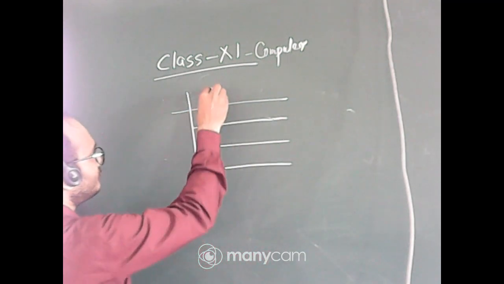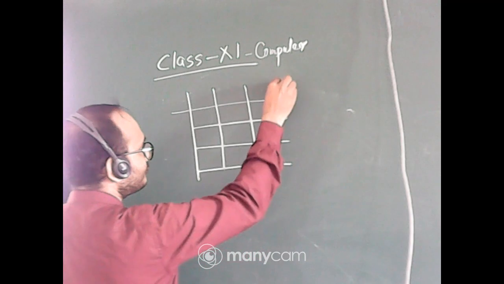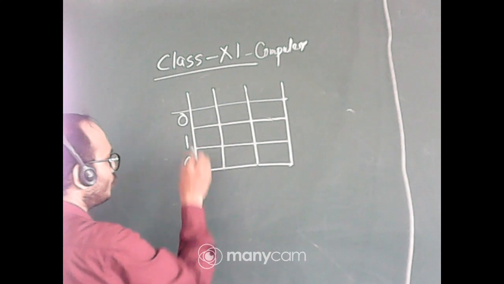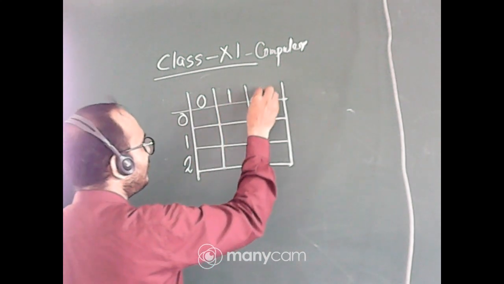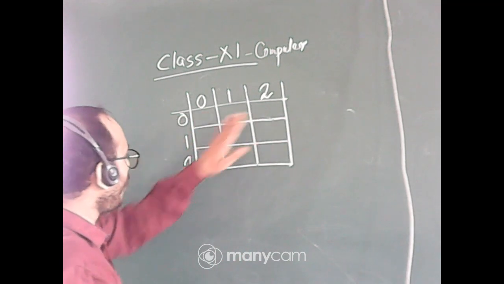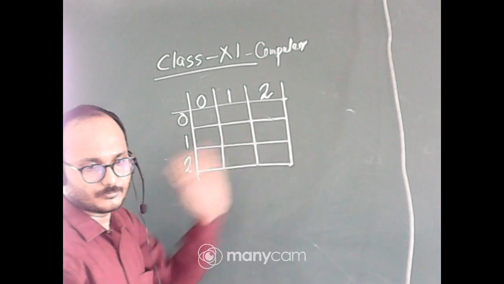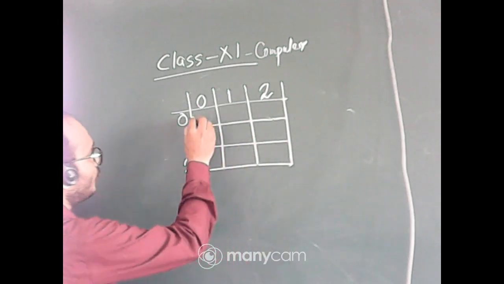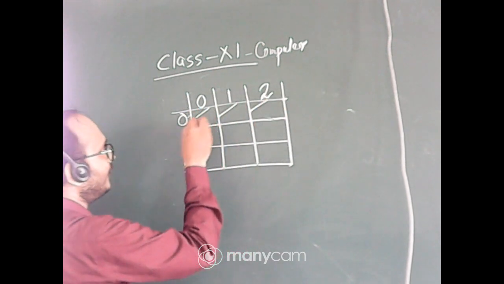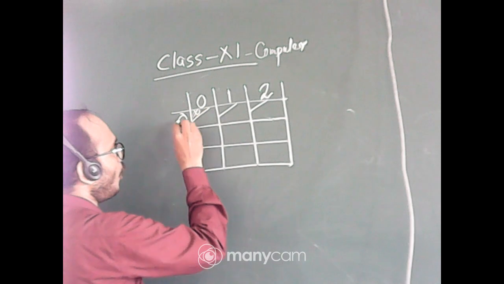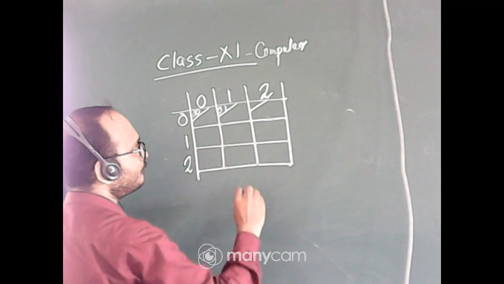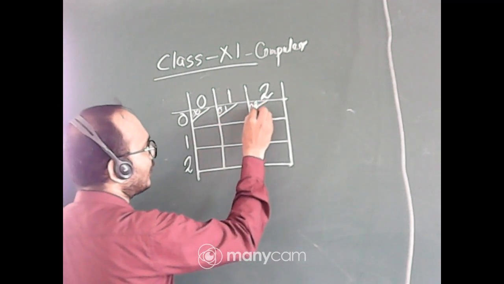Okay, so suppose 3 rows are there and 3 columns. This is the first row: 0, 1 and 2, and this is column 0, 1 and 2. This represents the row and this represents the column. So whenever we represent the first box, second box and third box, the value will be 0 0: row 0 column 0, then 0 row and 1 column, then 0 row and 2 column, like that.